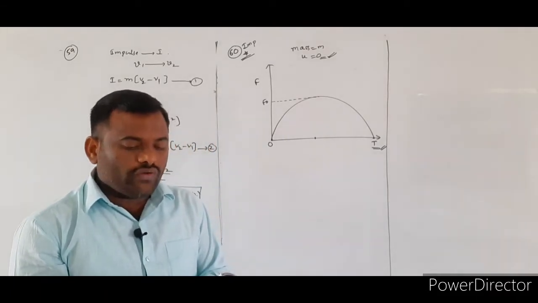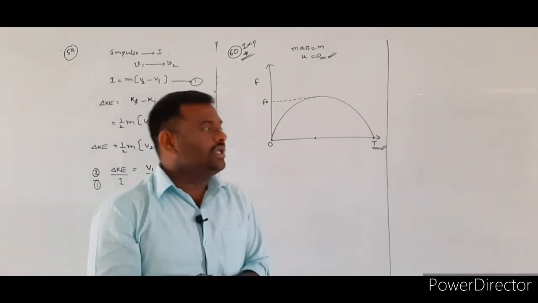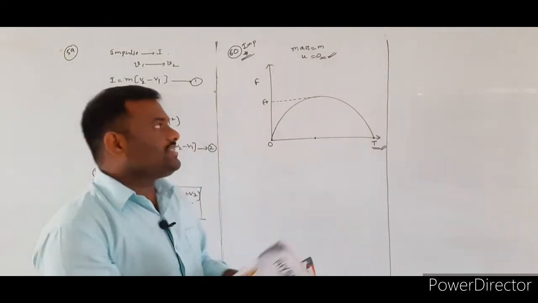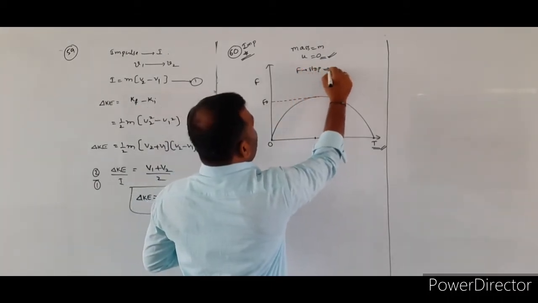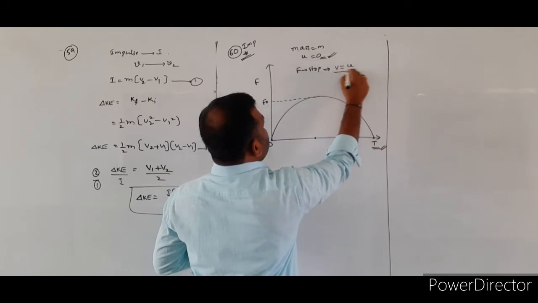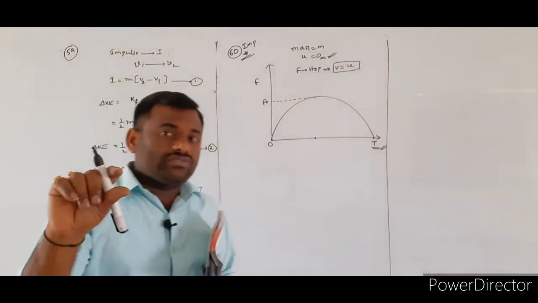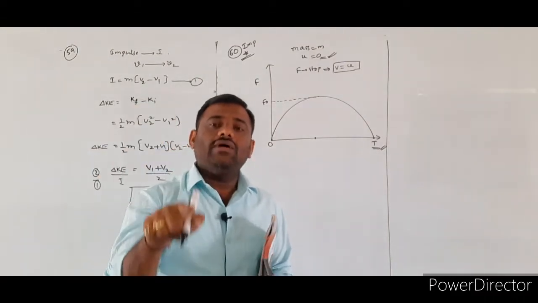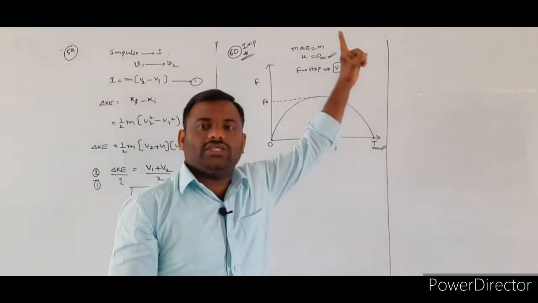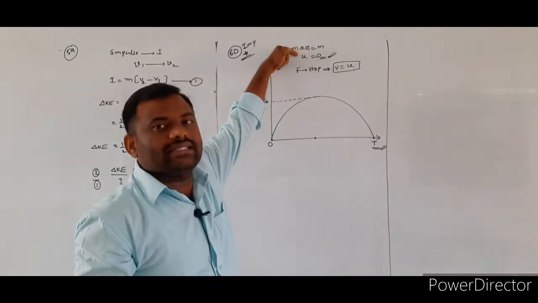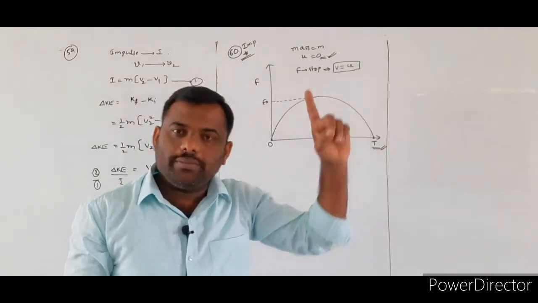If it begins to move with a velocity u after the force stops acting. So whenever the force F stops, the final velocity acquired by the object is represented as u. So whenever the applied force is removed at that instant, what is the velocity of the object? According to the problem, it is mentioned as u. So initial velocity will be considered as 0, final velocity is equal to u according to the given problem.